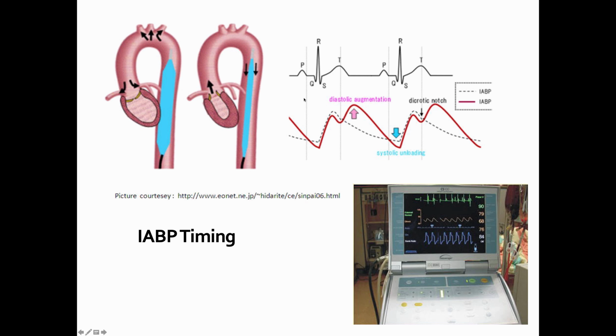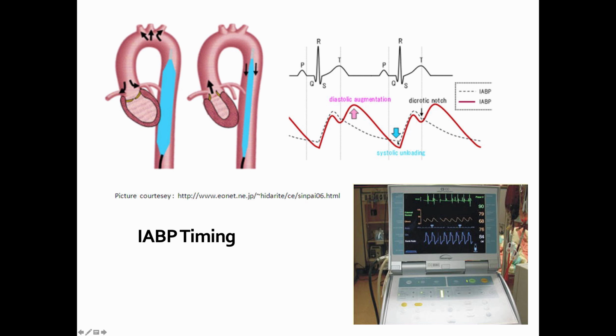We put the balloon pump in, and then we set the device and we time the device so that when the aortic pressure starts to come down and the aortic valve closes, that's when you get that dicrotic notch, remember? When you get to the dicrotic notch, then we inflate the balloon, and as it deflates, then we lower the blood pressure as low as we can get it. All right. So normally the pressure would come down to here, but the diastolic